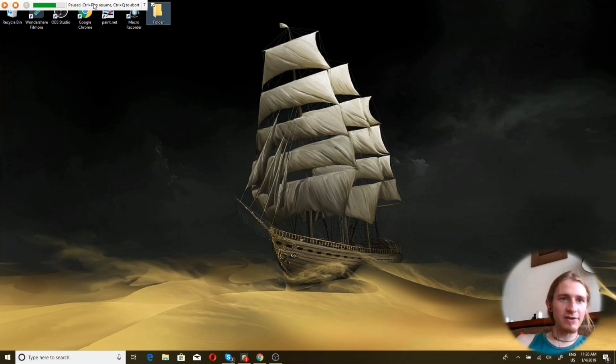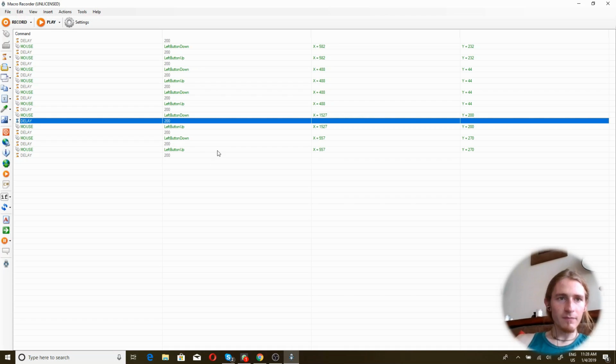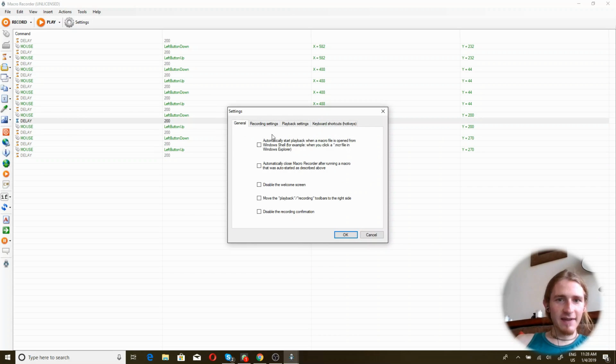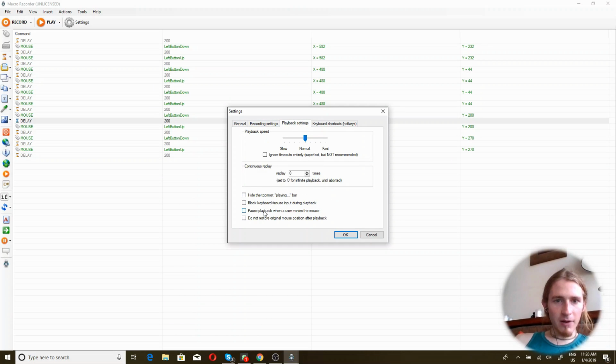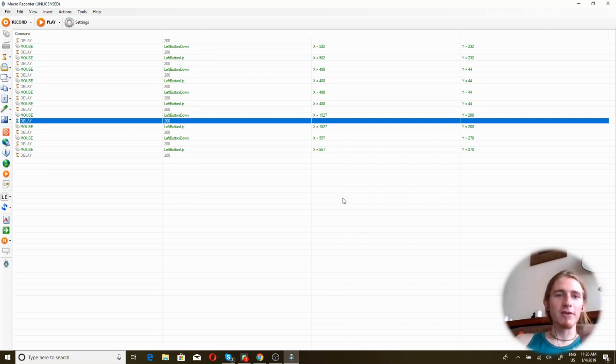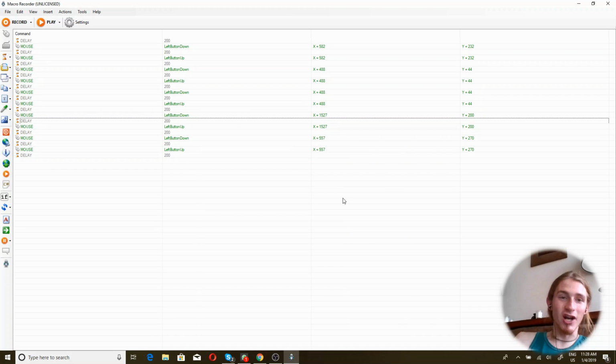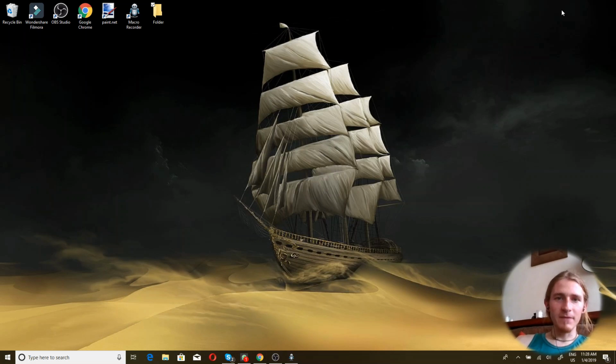What normally I would do is we're going to stop that, open this again, go into the settings, and then we want to make sure that we stop the, here we go. Pause playback when user moves a mouse. That's a very useful setting. This way, you're not fighting your macro. It does mean that if your mouse gets jostled, it's going to pause the macro. So maybe that's not what you want, but it's an important setting to know, because now, if I run this